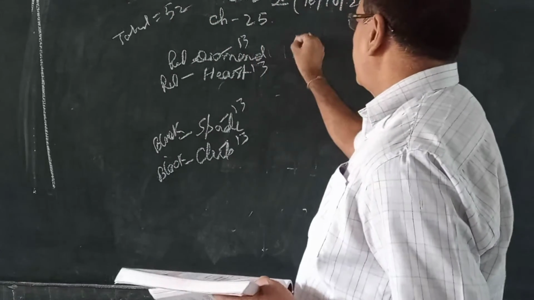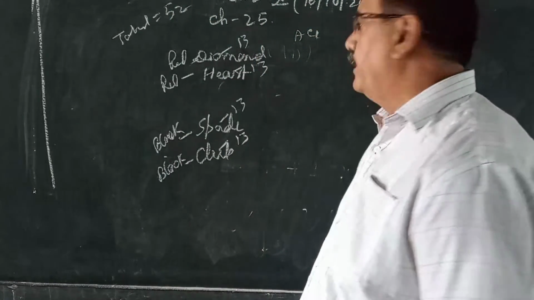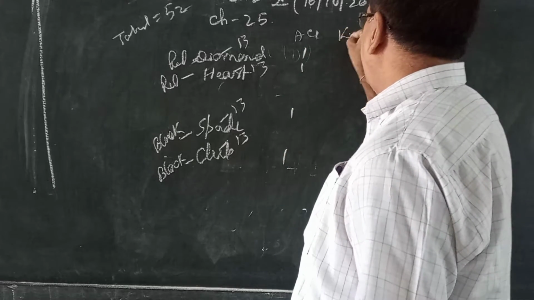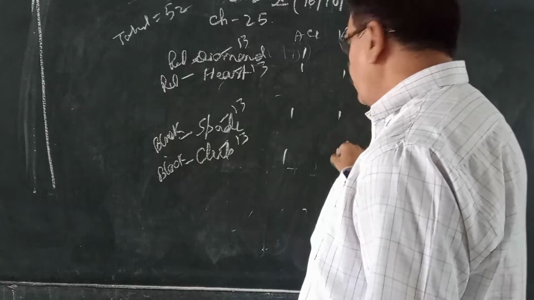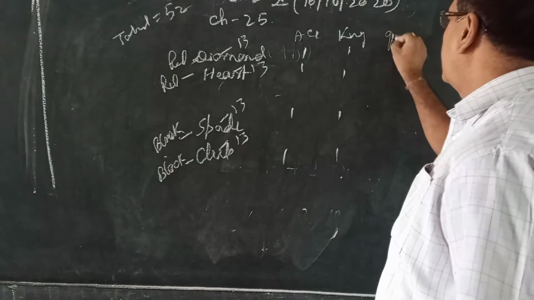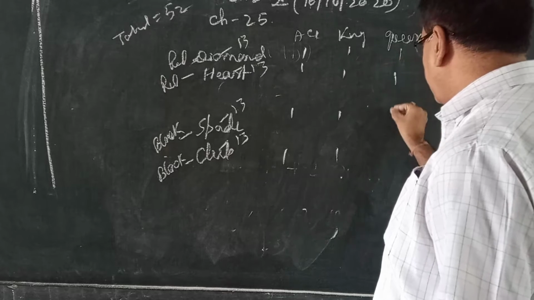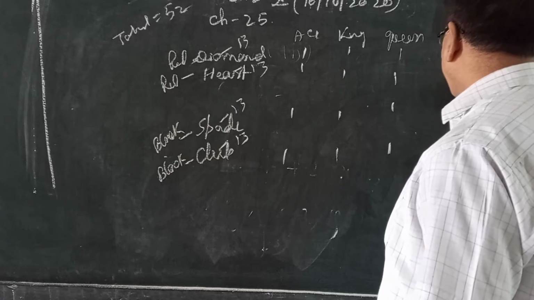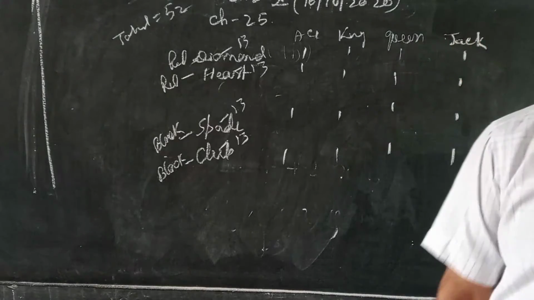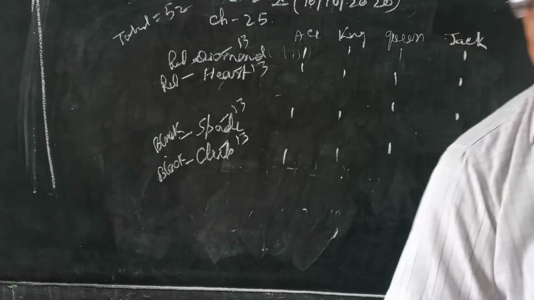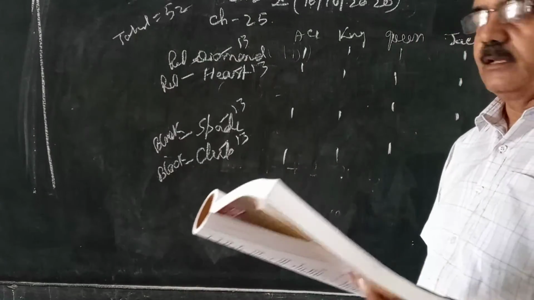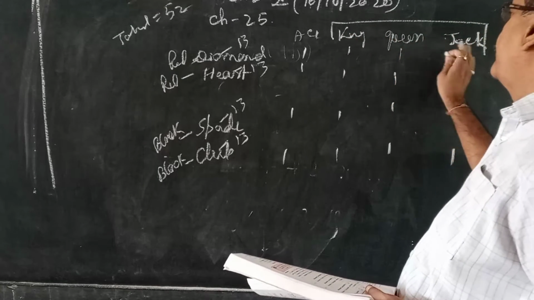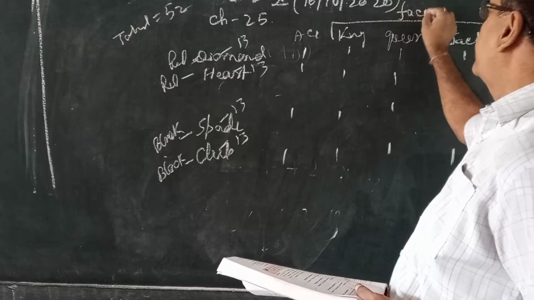Out of the total cards, ace, which we say ekka in Hindi, is present in each suit. Then king, present in each suit, one each. Then queen, one each. Then jack, also one in each suit. Jack is the joker. Faces are made on these three: king, queen, and jack. That's why they are also known as face cards.